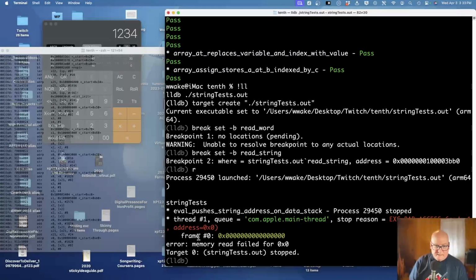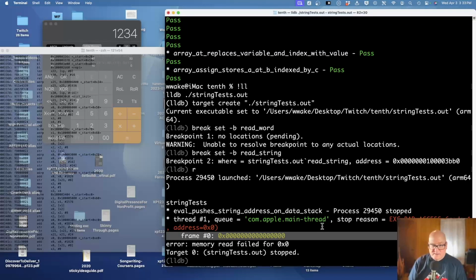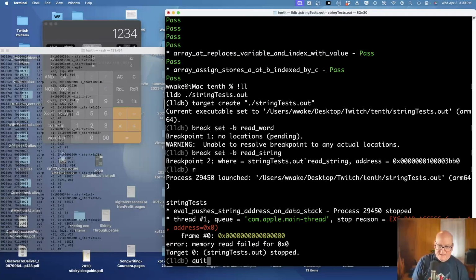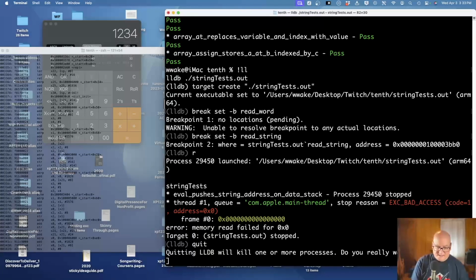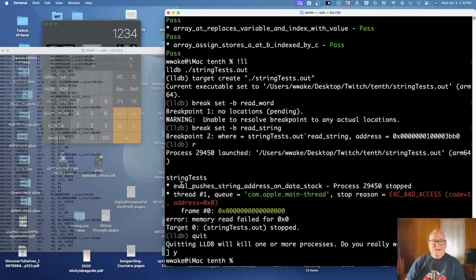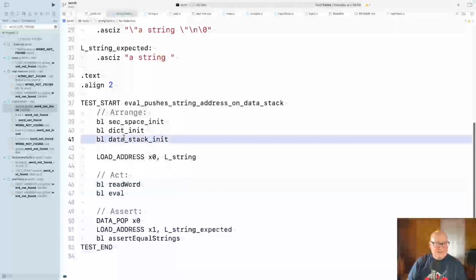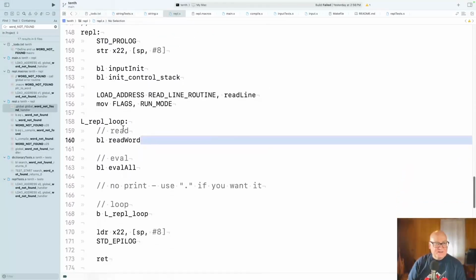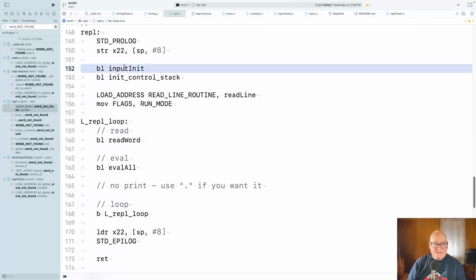bad access, really early. Okay, let's take our break. I expect it's some sort of initialization error that maybe it's this,